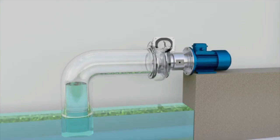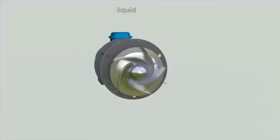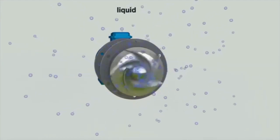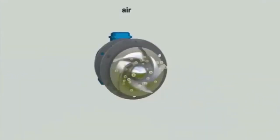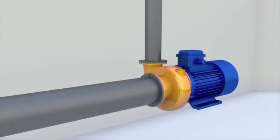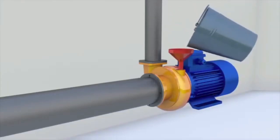Is an ordinary centrifugal pump able to do this? The answer is no, because the particles move in the pump due to inertia, which depends on mass. The mass of air particles is much lower than that of water particles, so it is impossible to pump air at speeds that a centrifugal pump operates at. For this reason, centrifugal pumps must be primed before switching on, either through a special channel in the casing or